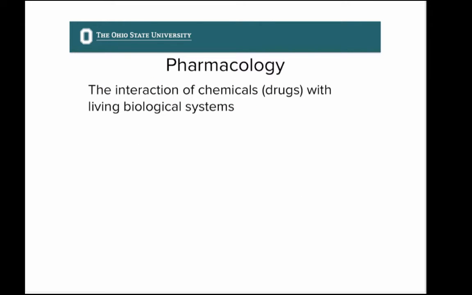Once a drug molecule gets in our body, it meanders around to various locations looking for some chemical with which it has an affinity. It's kind of like somebody going solo to a big dance and looking for a partner. And when the drug chemical finds a chemical with which it has an affinity, it's finding that certain somebody at the dance that you want to partner with. And the drug will then interact with that particular chemical in the body, which we will call a target or a receptor.